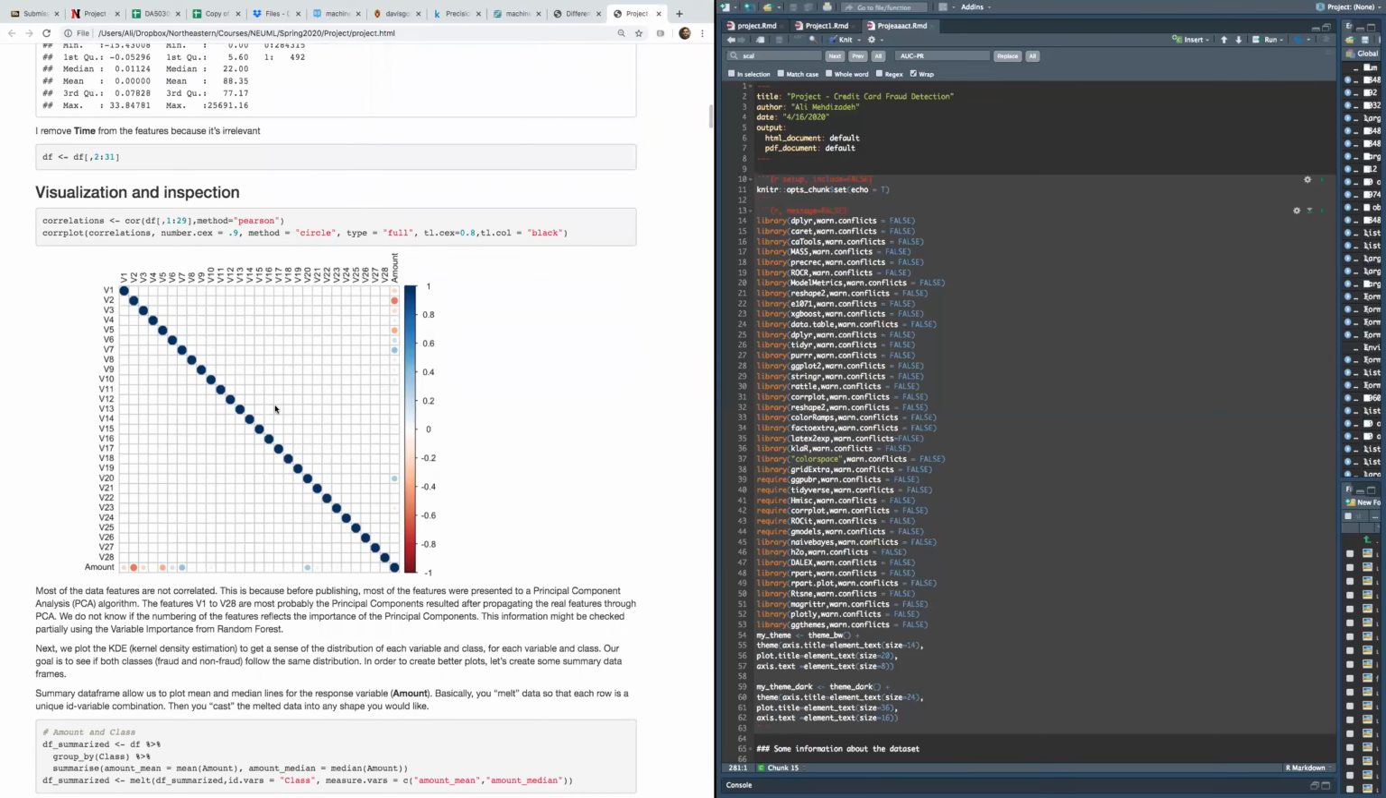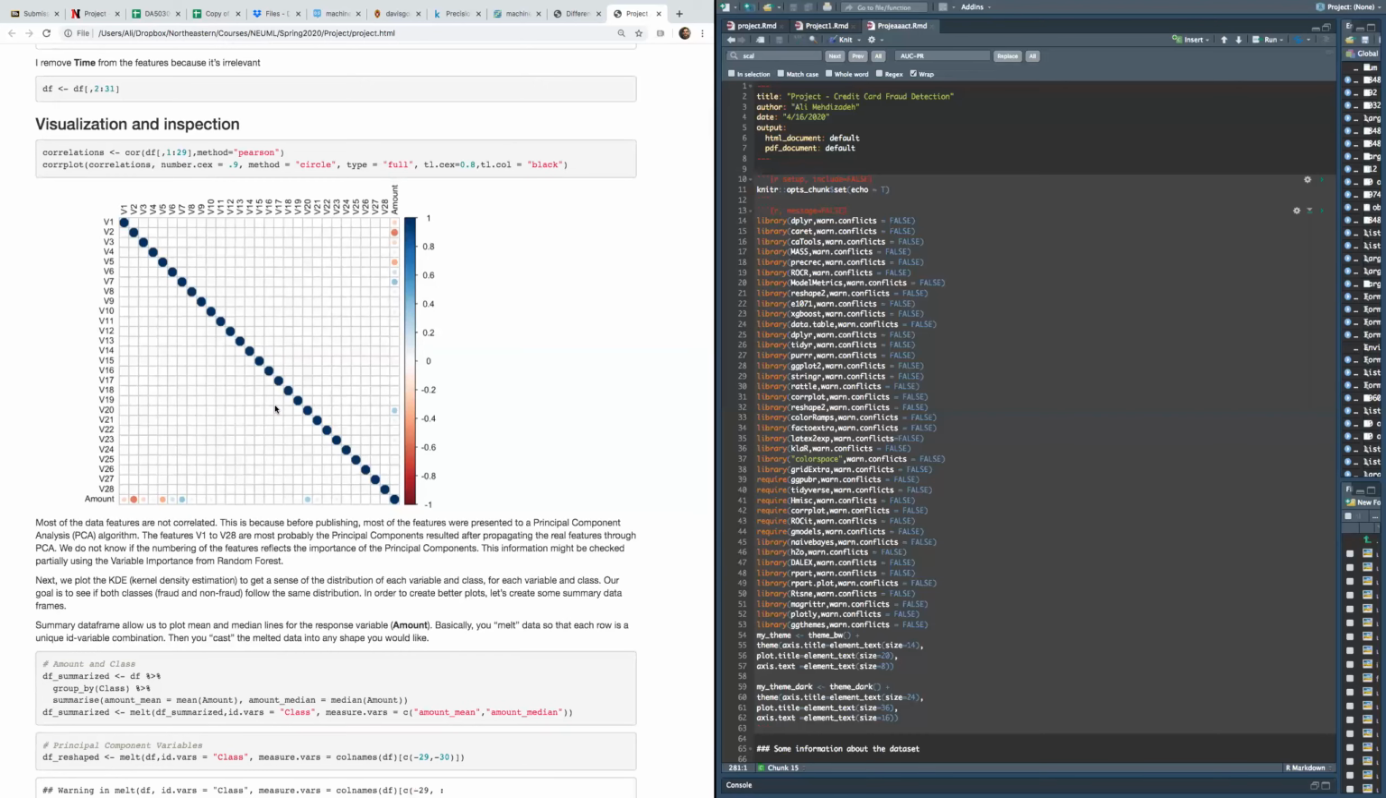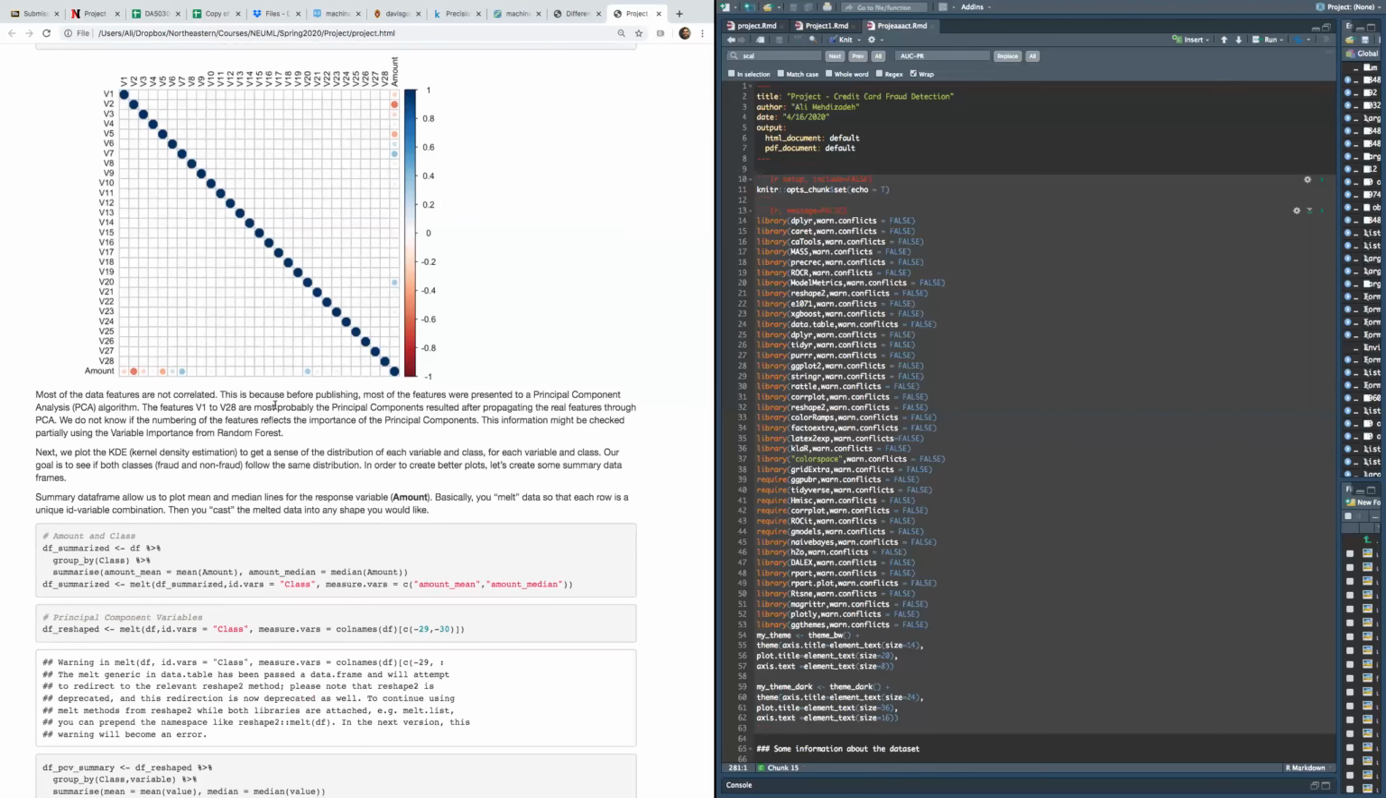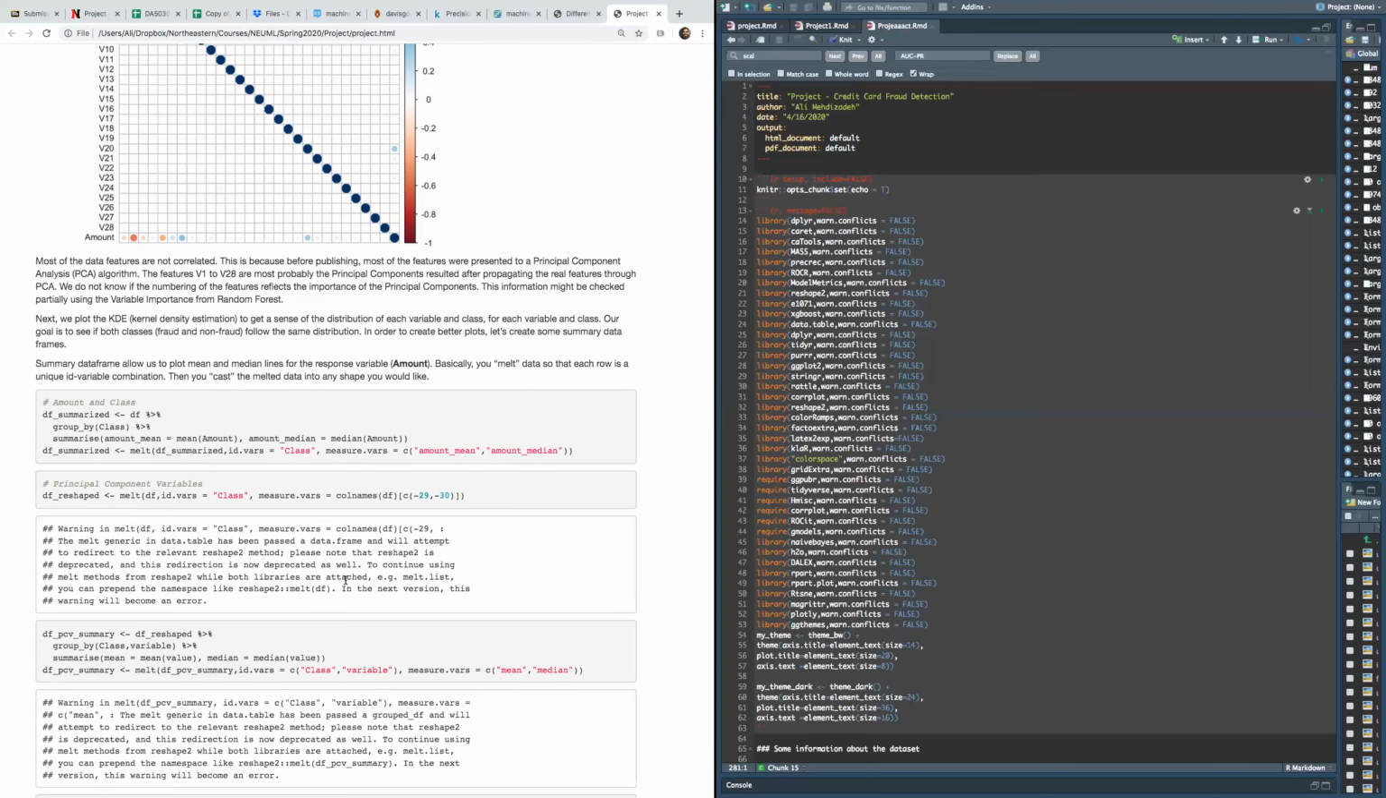I used a correlation plot at the beginning, as you would expect, because these are principal components. You're not expecting to see high correlation between the features in the data set. The other